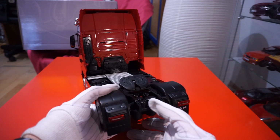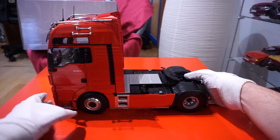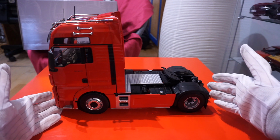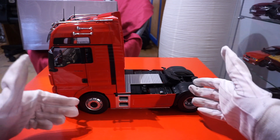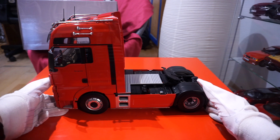Could have been done better, but not a big deal. Now let's come to, for me, the biggest drawback of this model, which actually might be surprising for you, because when I was buying this model I thought this would be a huge advantage. So it has a suspension. So obviously you think when you have a suspension that's better, I have a more accurate model, but the problem